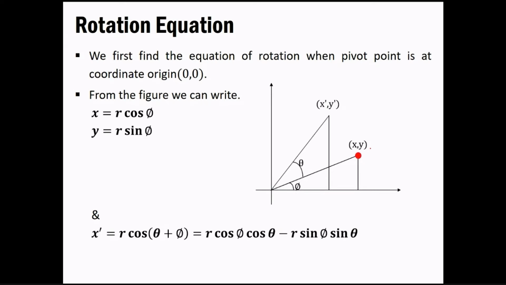Now theta is again phi; you want to rotate it by the theta term. So x dash can be achieved with theta plus phi. You have to expand it with the trigonometric identity, cos(a plus b), which expands to r cos phi cos theta minus r sin phi sin theta. This is what you get out of that trigonometric function.